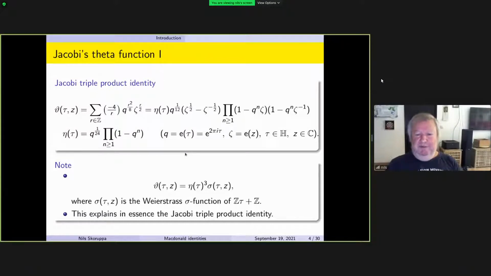Okay, so that's a proof, or a sketch of a proof, of the Jacobi triple product identity using function theory, elementary function theory. And so the idea is whether one cannot give a proof of the general Macdonald identity also in terms of function theory. So what you find here, actually, if you just look at this more closely,